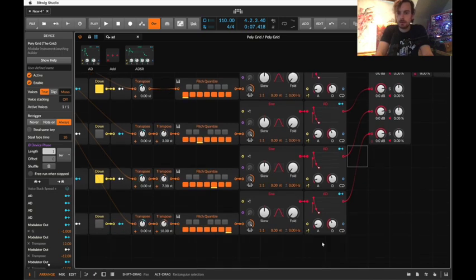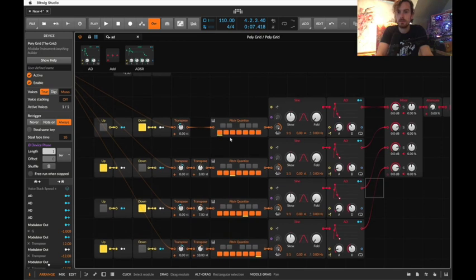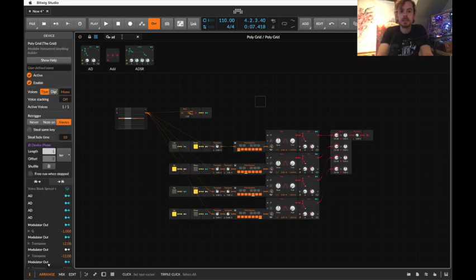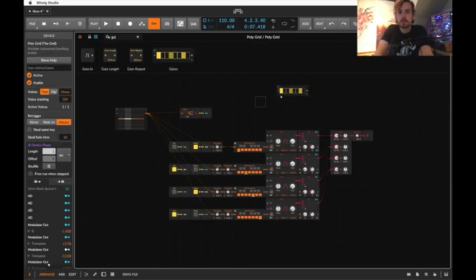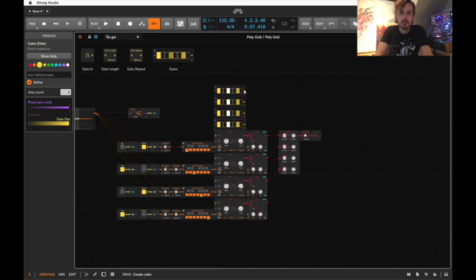And what might be quite cool as well is to almost create an arpeggiated pattern. And the way that we're going to do that is, let's make a bit of room for ourselves. In fact, let's just do it up here. We're going to take now a gate, and we'll make 4 instances of the gate. And what we can do is have this gate control the first envelope, this one control the second, this the third, and this the fourth. And if we're to press play now,